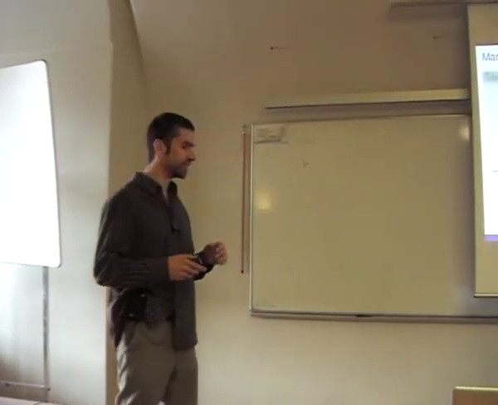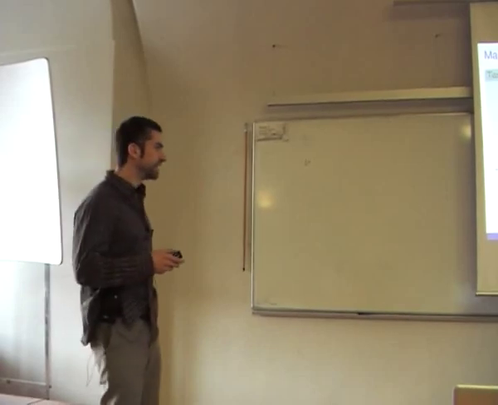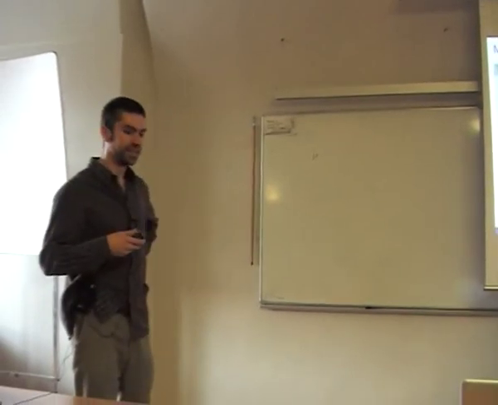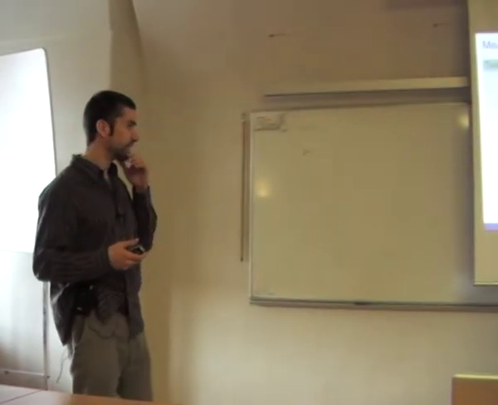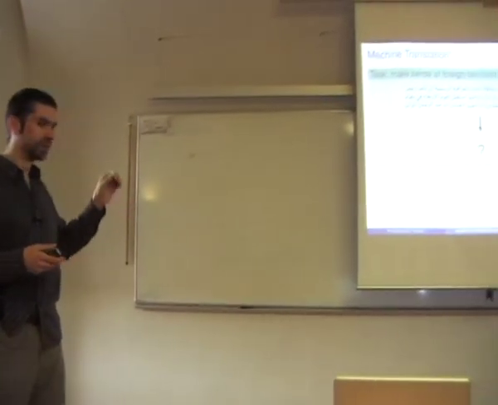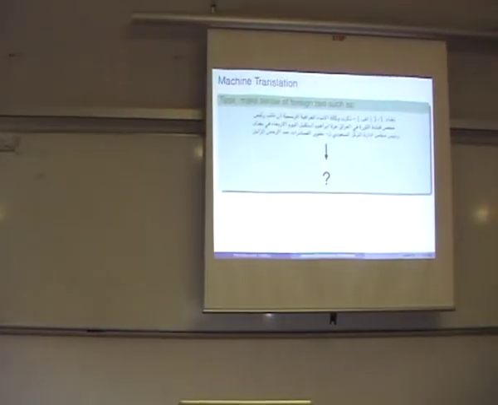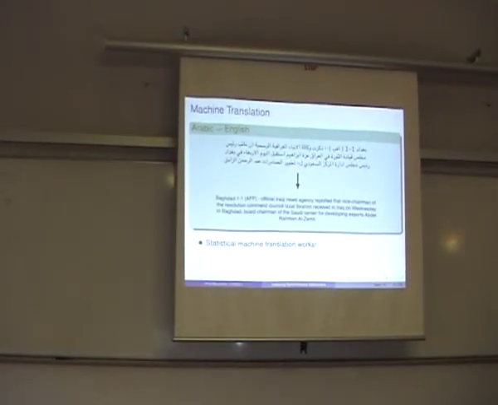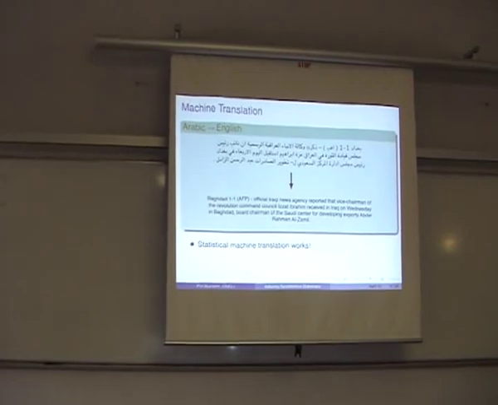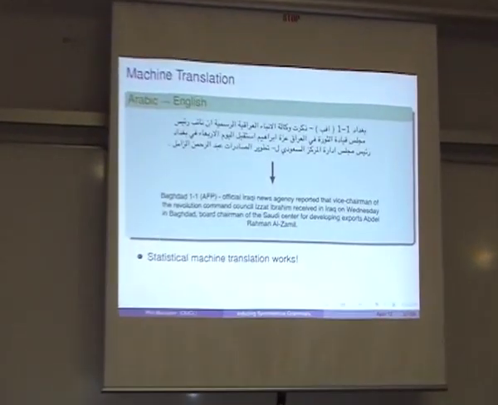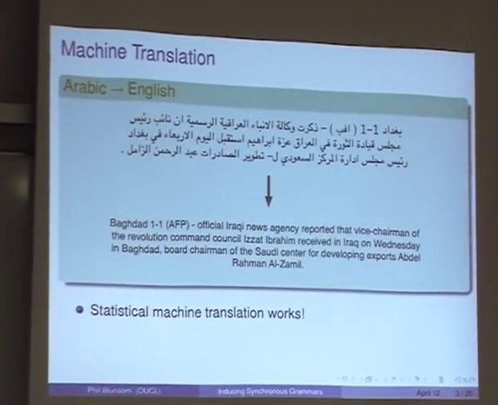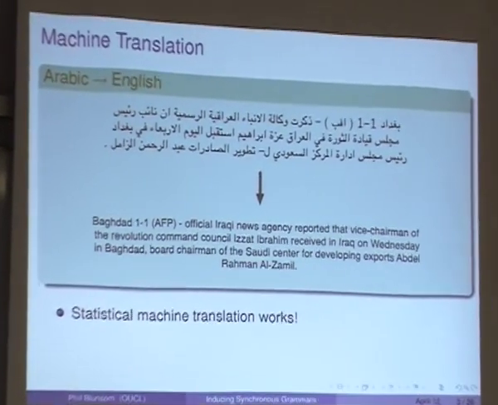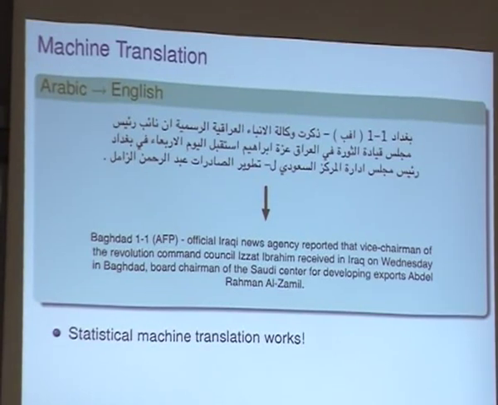So a couple of quick motivating slides. We've already had quite a lot of motivation, but just coming to this question of what can we currently do with translation models? In this case, we'll look at, well, what if we have a phrase-based translation model? We've trained it on a lot of Arabic data. This is just the Moses translation model. And this is the current state of the art. If you read that translation, it's really good. So for Arabic, we can actually produce some really quite surprisingly good translations.